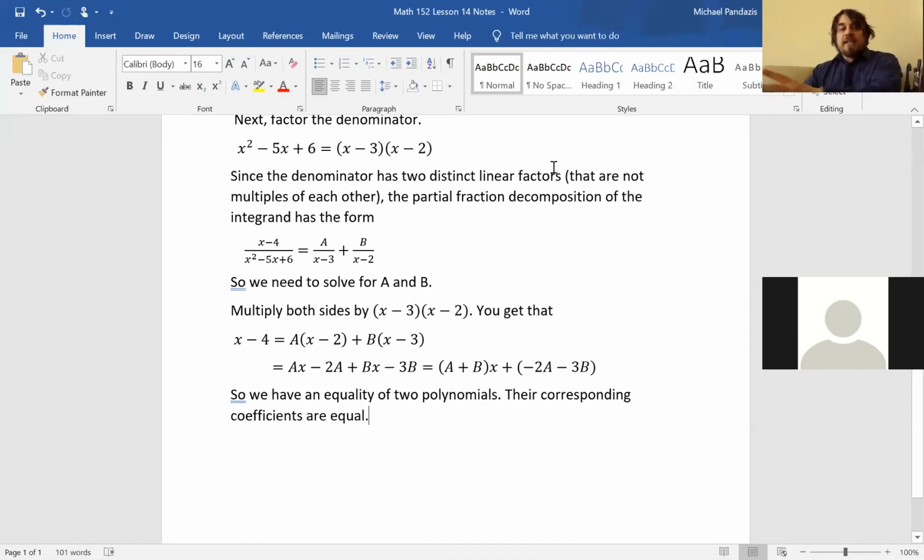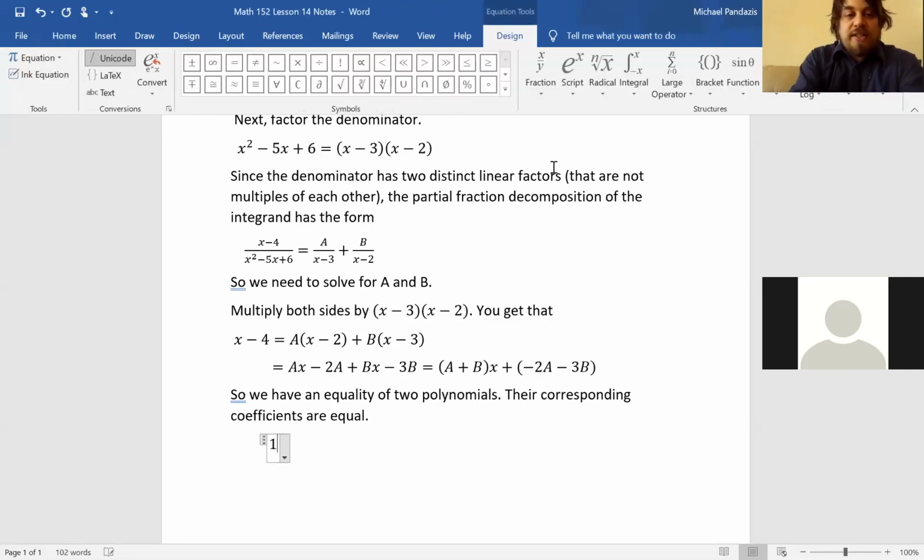The other box has a plus b x's and minus 2a minus 3b constant term. And so if the two polynomials are the same, you get from one polynomial equation to other equations. You get that the number of x's in one polynomial equals the number of x's in the other polynomial, and the constant term of one polynomial equals the constant term of the other polynomial. And so here we get,